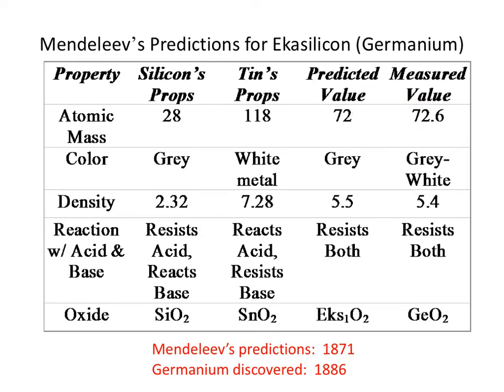He got the atomic mass, right? He predicted what it would look like. This is one that blows my mind, right? He was able to predict the density almost exactly, and his other predictions were correct. And so this gave Mendeleev a whole lot of credit in the chemistry community, and these matched predictions between germanium and exosilicon were really astounding and really show us the power of the periodic table and how much information is actually stored in the periodic table. We're just going to start scratching the surface of that in this video, and throughout your study of chemistry, I think what you'll find is you'll learn more and more about the information that's actually hidden in the periodic table.